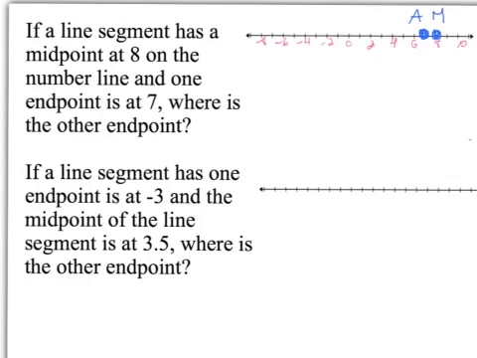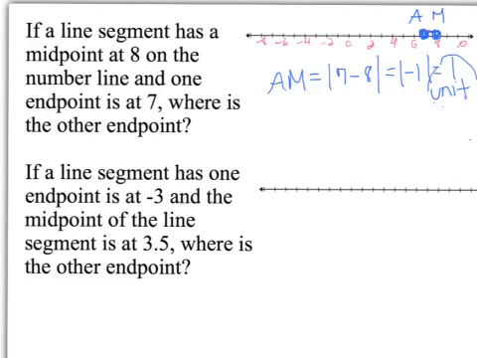Well, the distance between A and M, the length of AM, would be absolute value of 7 minus 8, absolute value of -1, so that gives you 1 unit. If AM is 1 unit and M is the midpoint, that tells us that the other half of the segment has to be 1 unit as well. And 1 unit away from M would give you 9. So that means that B has to be at 9. Next question says, if a line segment has one